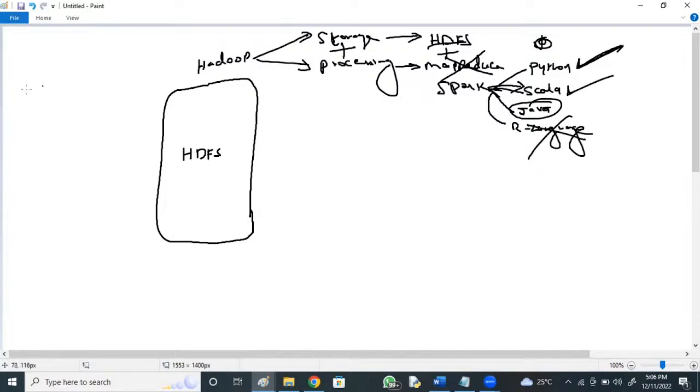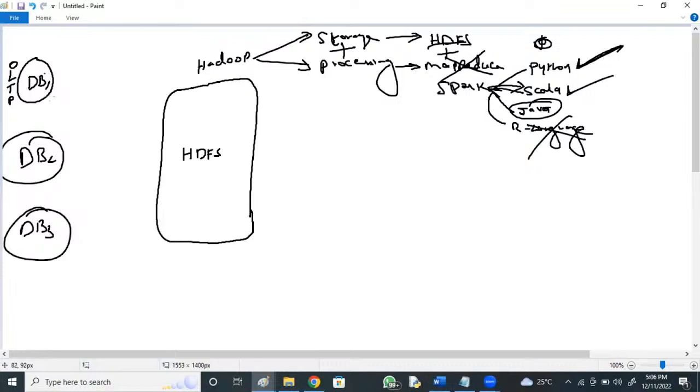So from different databases, OLTP, online transactional processing, think database 1, database 2, database 3, think branch 1, branch 2, branch 3, three databases.